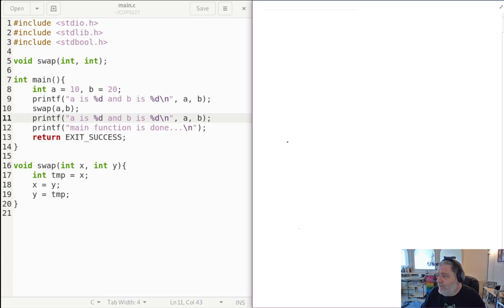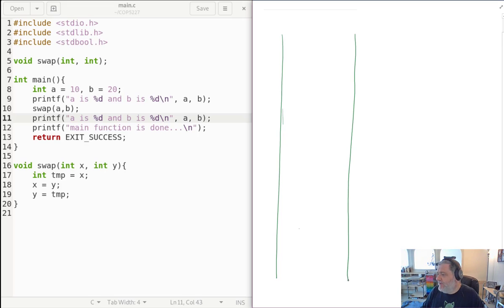So again, I'm going to consider that I have my stack, okay? I'm not going to draw the heap because I don't think we're going to have anything useful in the heap segment. The text segment, I'm not going to draw it either. Nothing really to say about it right now. I'm going to start at the bottom with my stack, and I'm going to say, okay, this is the main